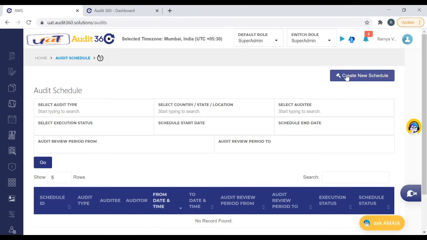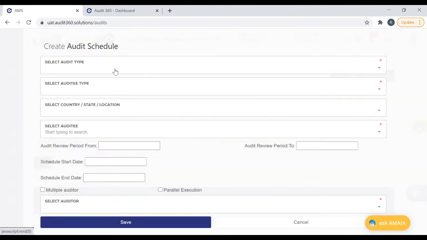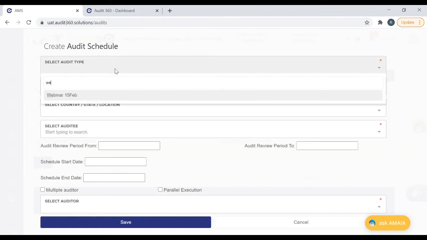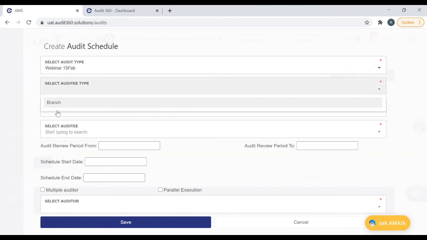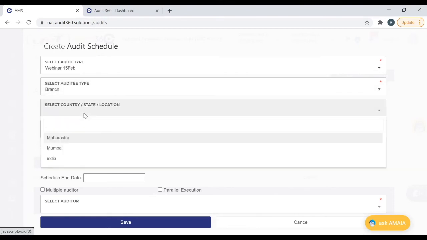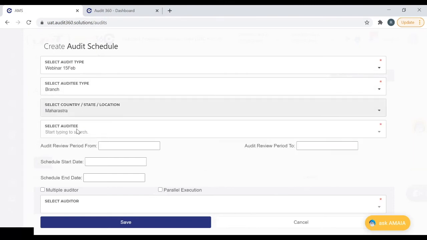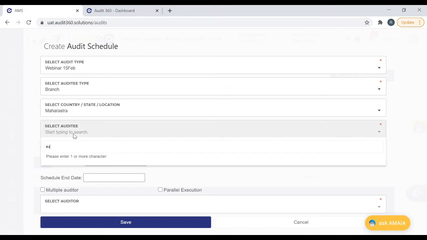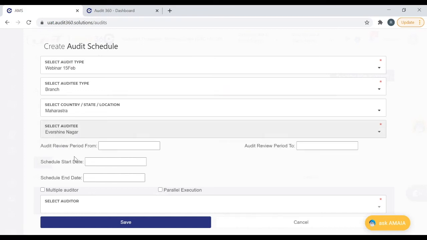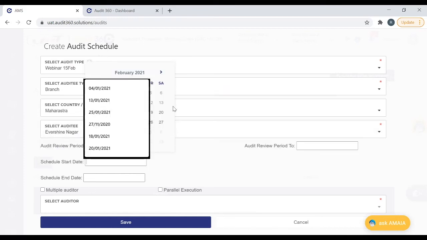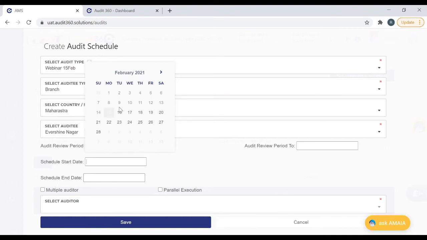Let me just demonstrate how the audit reference would work. First, let me create a schedule. I'm using the same web audit type which we configured. Maharashtra. I'm just scheduling for today's date itself.